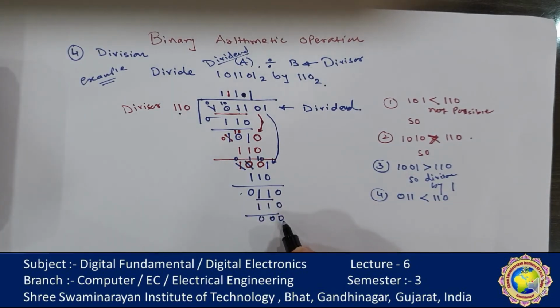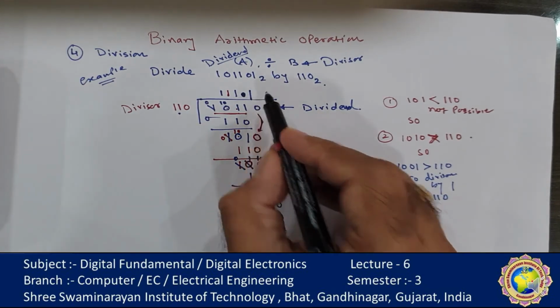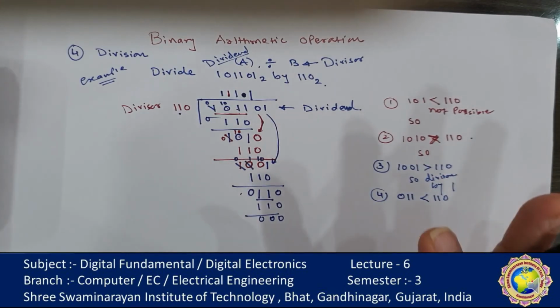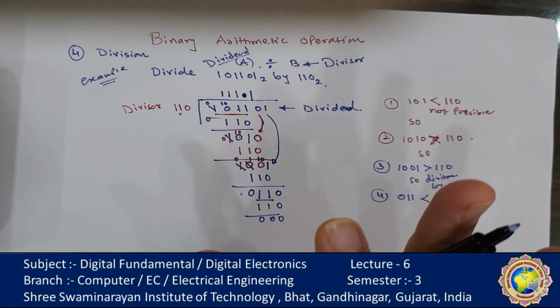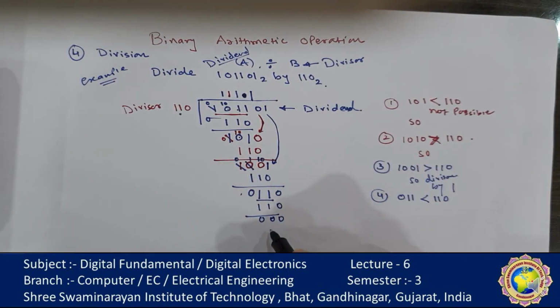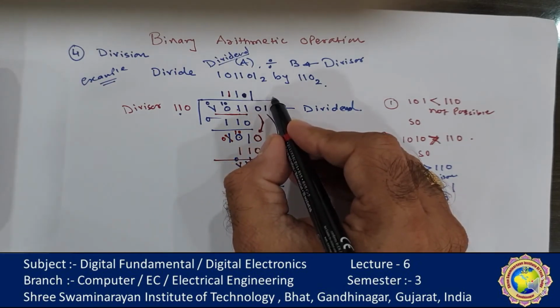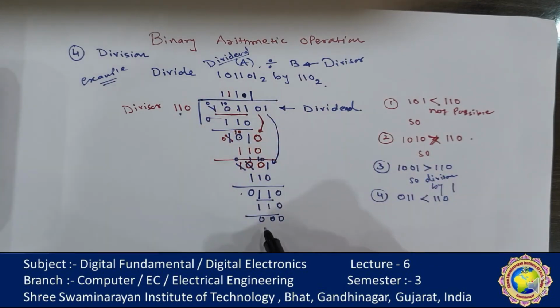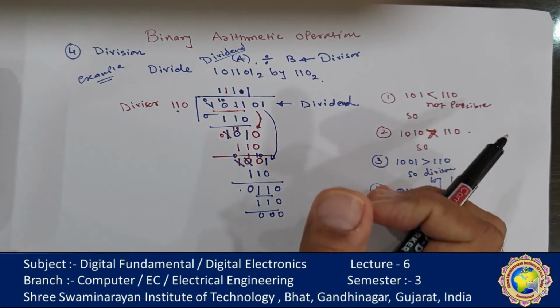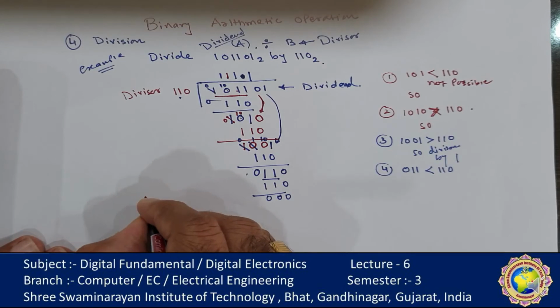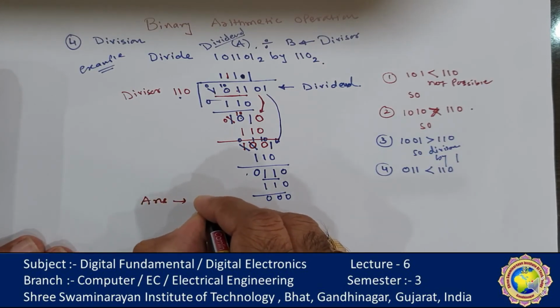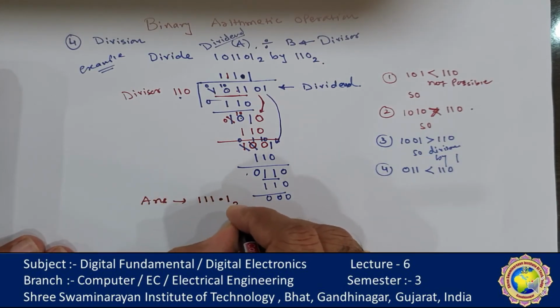We have to do it up to no remainder, or until the fraction point is accurate up to 3 bits only. Remember that, 2 ways. Let's continue the procedure up to the 3 fraction points or 4 fraction points, or until the remainder is 000. Here the remainder is 000, we have to stop. Now there is no possibility, so the answer is 111.1 in binary.